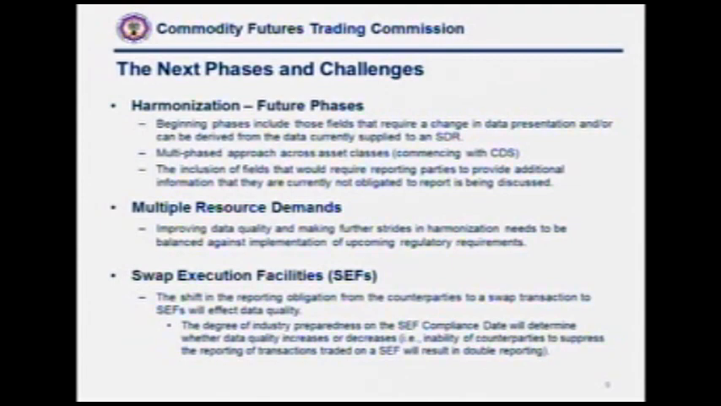The chairman mentioned the swaps execution facilities. The go live date for them is October 2nd. This will have an impact on our data quality. That impact at this point is unknown. The SEFs ultimately, when they go online, will help with data quality, as far as the fact that when